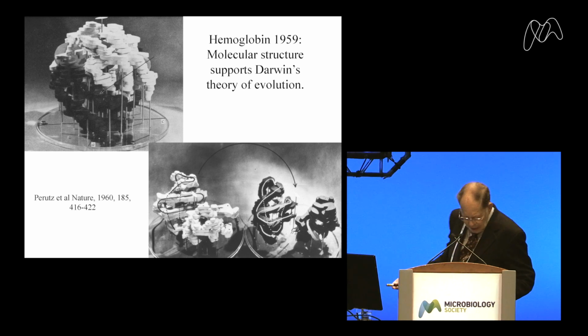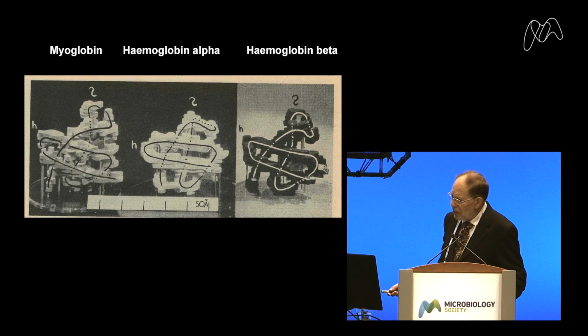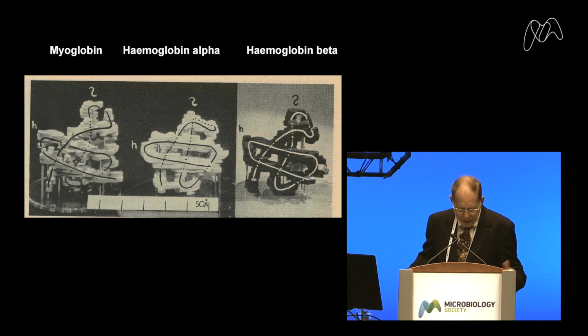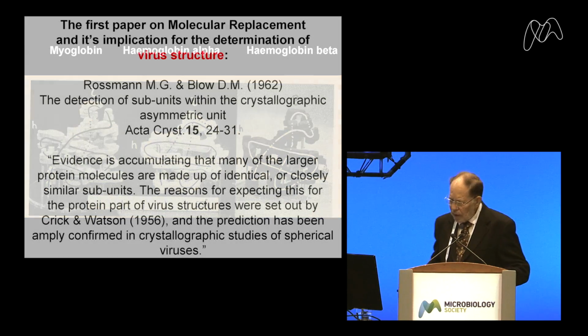And then the stunning thing about the whole discovery was that myoglobin, which I just mentioned earlier, had been done at 6 angstrom resolution, and then that same year at 2 angstrom resolution, and the alpha and the beta chain of hemoglobin all had the same fold. This was the first time that evolution could be seen at the molecular level, where things really happen and develop in biology. And that discovery has guided me for the rest of my life, as you will see.